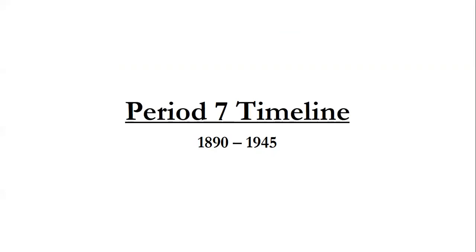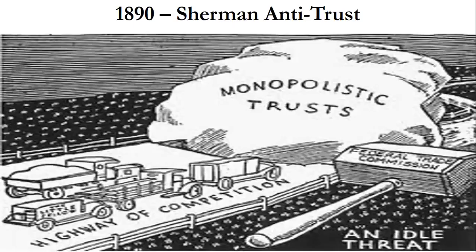As you're writing them down, I'm just going to give you a little bit of fact about it. If you don't know these facts, maybe you can write them down, but honestly, most of this should be review for you. There's only a couple events on here that we haven't talked about in detail. Let's get started. So 1890, the reason why this starts in 1890 is mainly because of the Sherman Antitrust Act